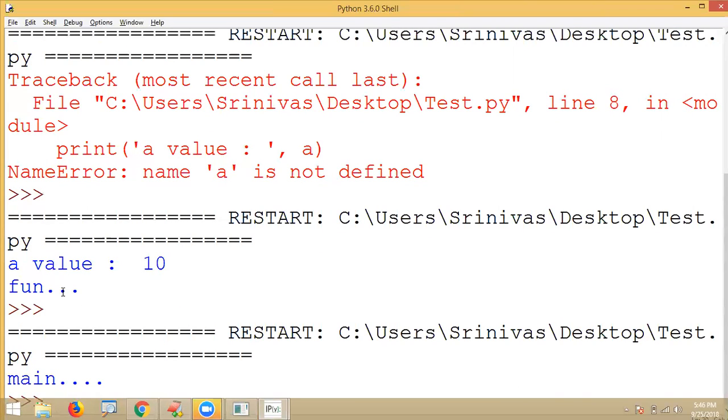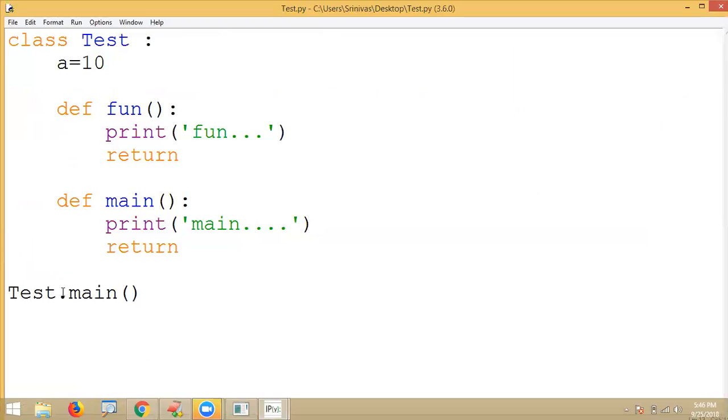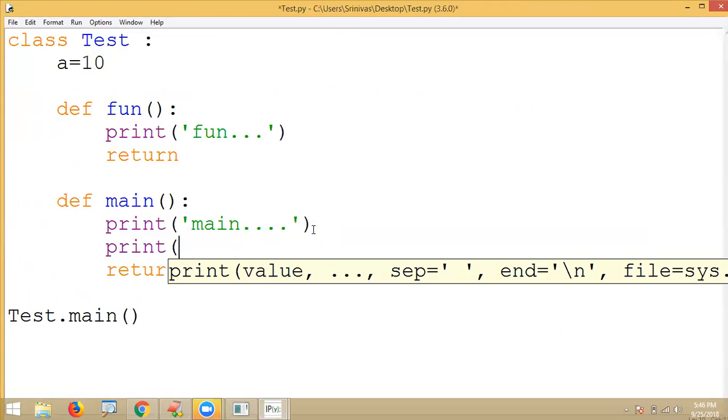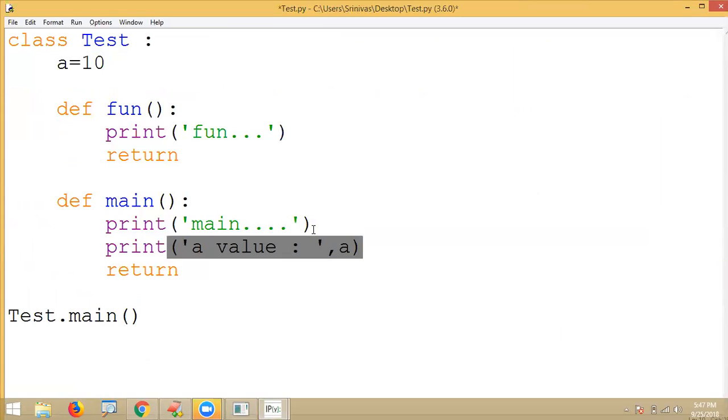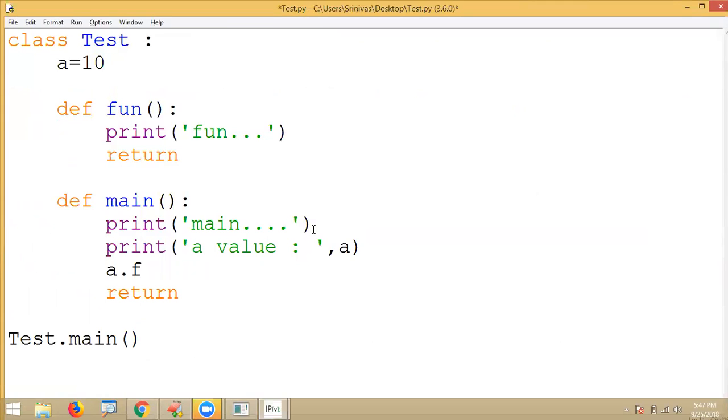And now from the main, I want to access a value and the fun method. It's the same story. If you want to access a value, and if you want to access the fun method,